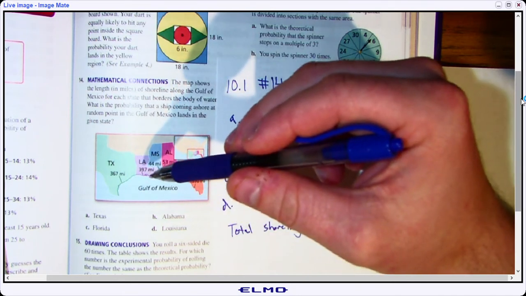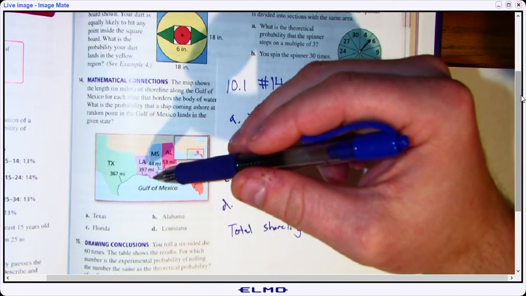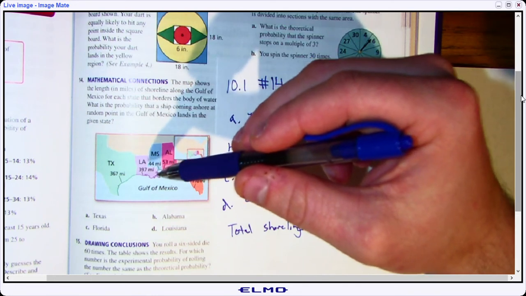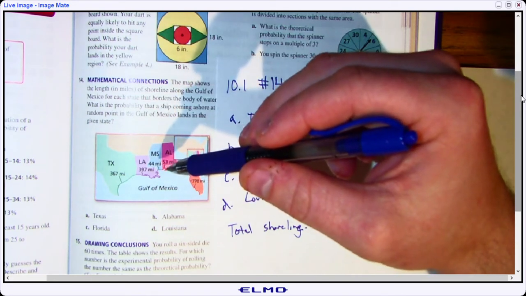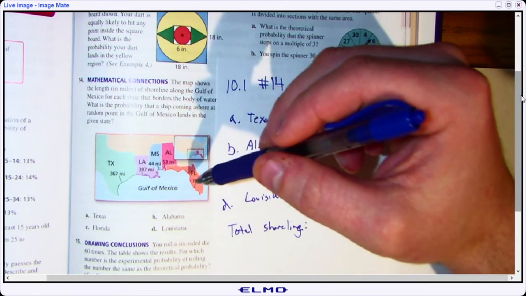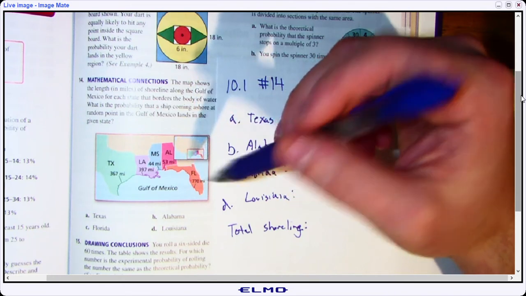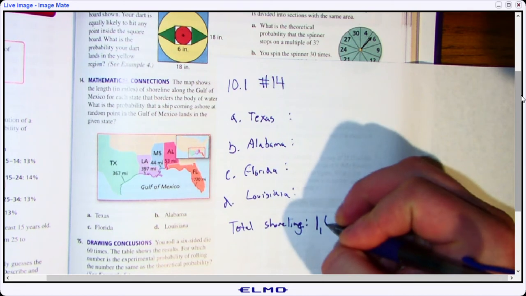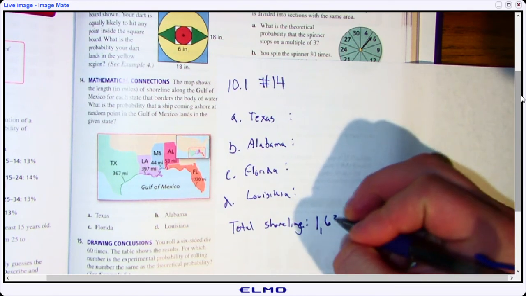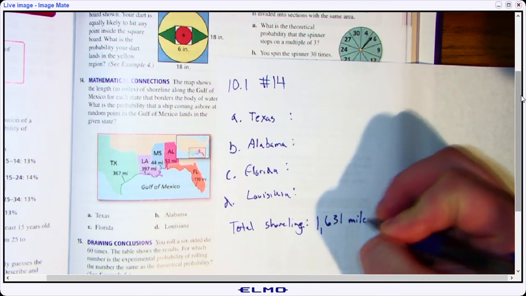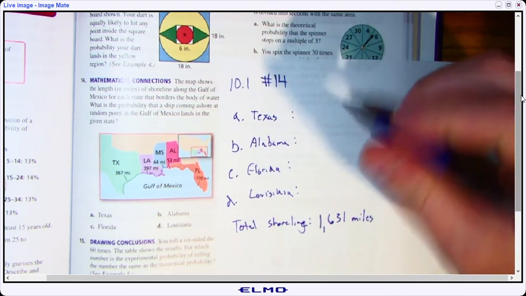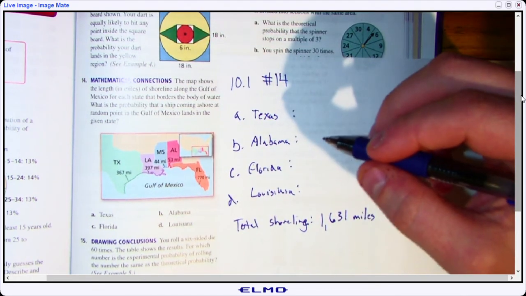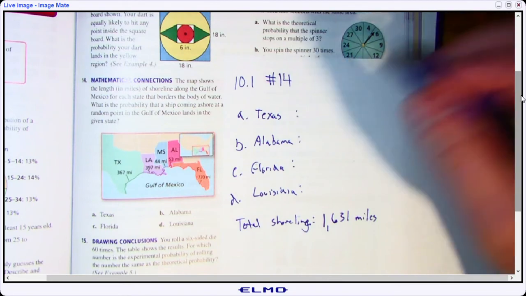367 plus 397 plus 44 plus 53 plus 770. Oh boy, a lot of shoreline. It gives me 1,631 miles. That was pretty much the most challenging part of this problem, because now to find out the probability that a